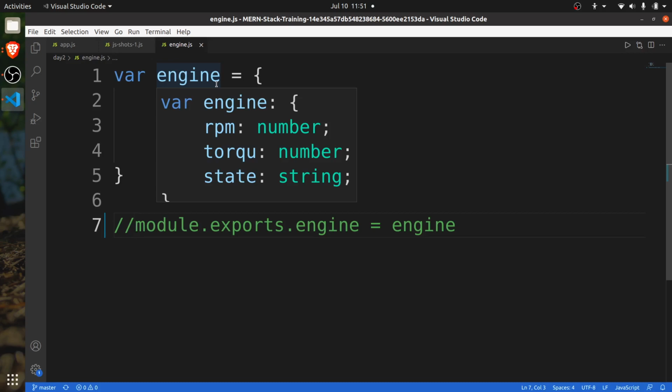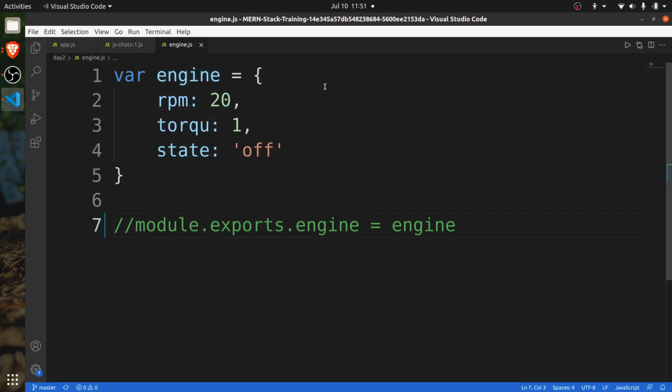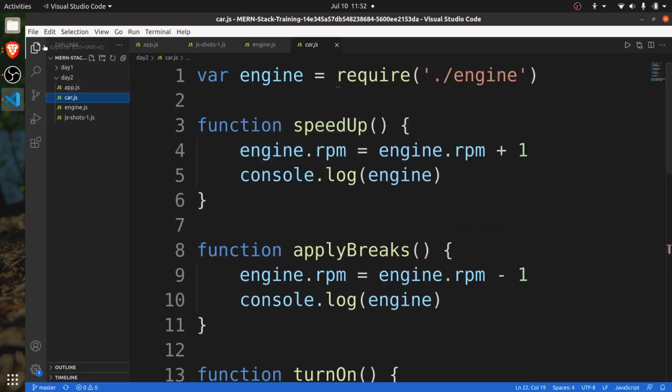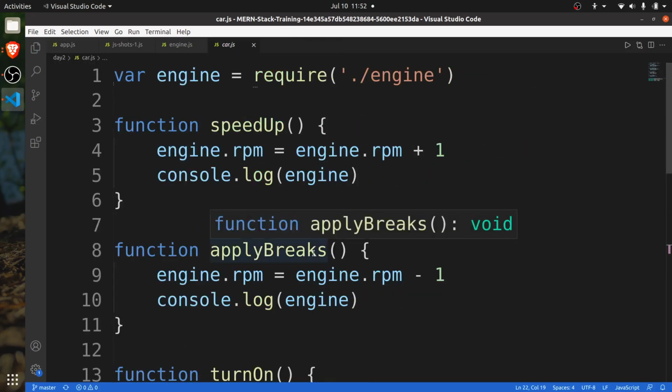We are learning Node.js. In the browser, terminology is different, but we are not in the browser right now. We are in the typical Node environment, and that's why this engine is private to this file. After exporting, we are importing it into car.js. Basically, we have one car which is using the engine. And what if we have a second car which is using the same engine,